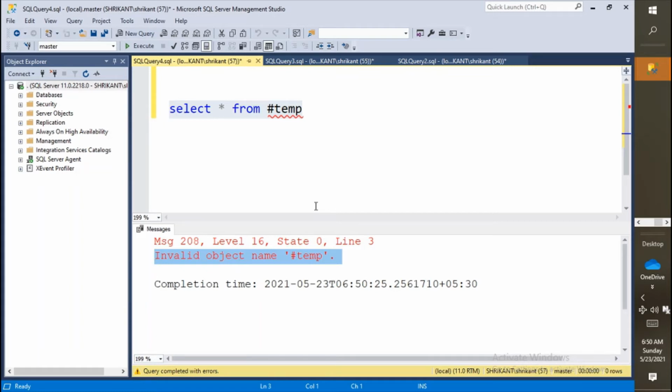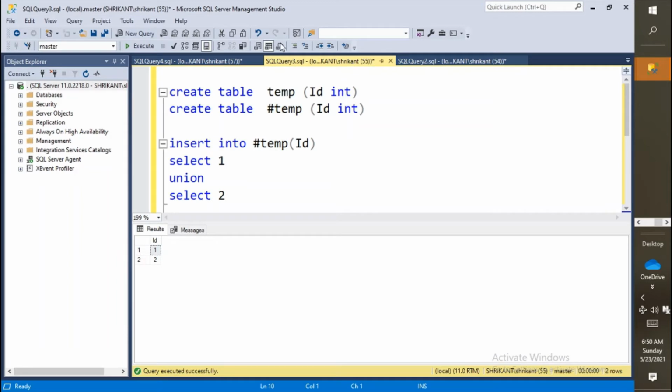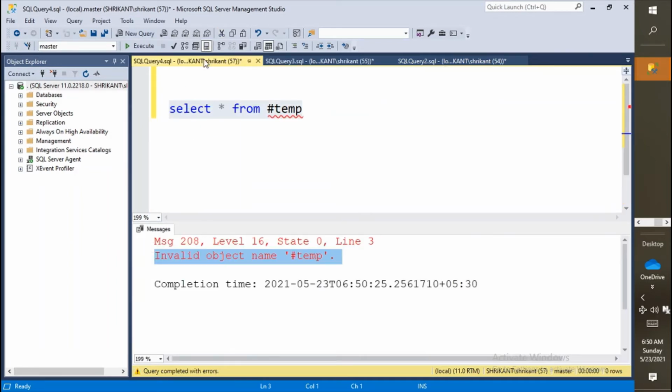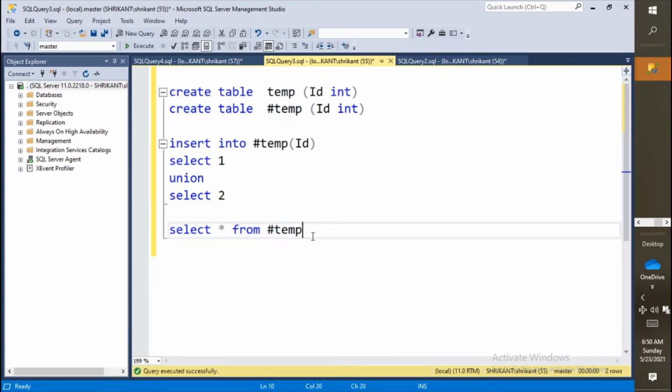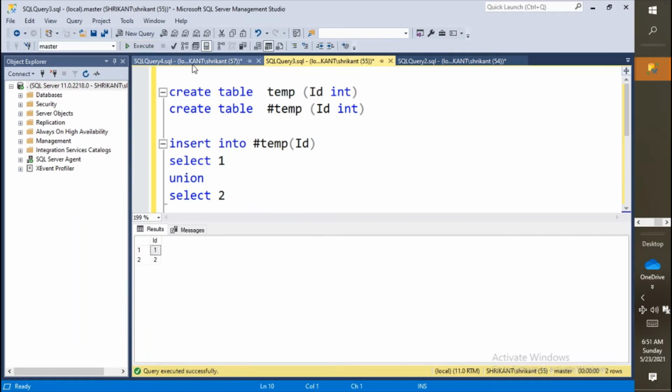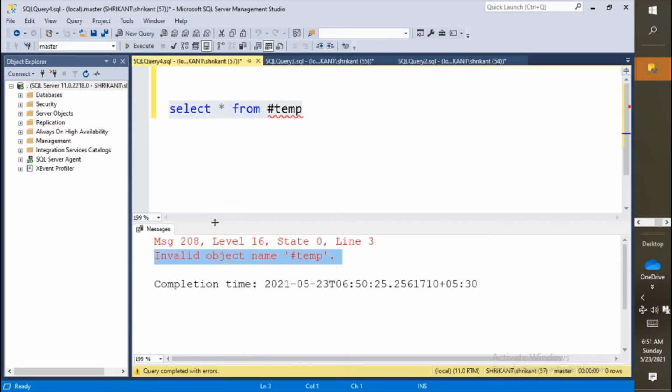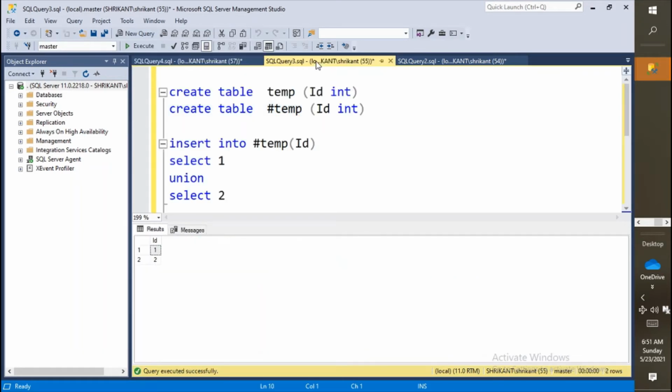This session is 57 and this session is 55. Both sessions are different, so I can't get back #temp here, right? You can come back here, run the query and see the output. You can get the output in one window, but you cannot get the output in another window. This is basically the local temp table.